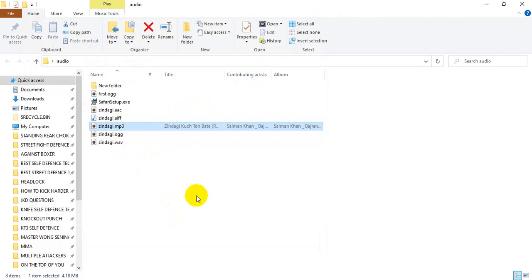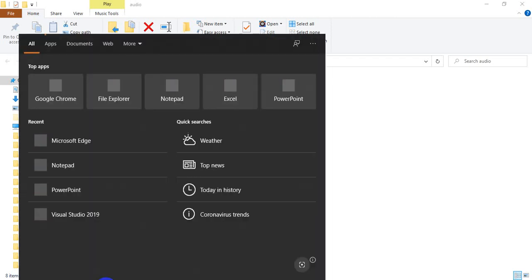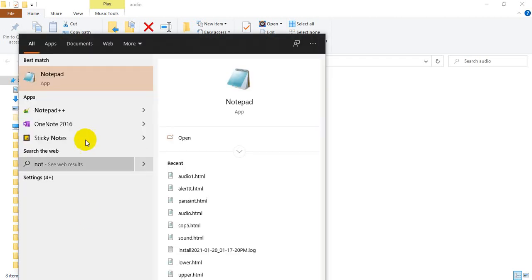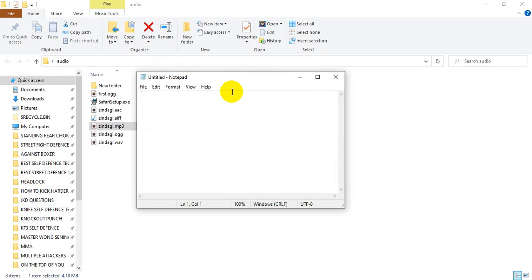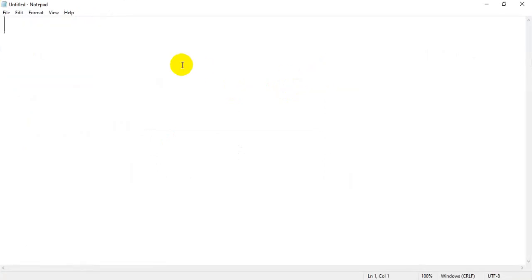So first I am going to create a simple HTML page. Inside that I will add an audio tag. Inside the audio tag we will have three different source tags, and inside those we will add these files. First I will start my notepad application. This is my notepad, and I am going to write code inside the HTML file.